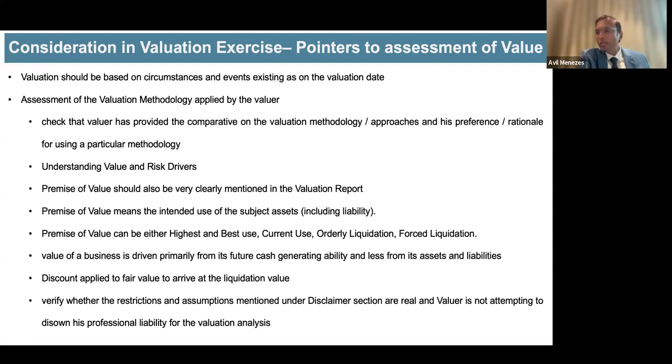You always look at it in hindsight, saying whether the judgment used by the valuer was correct or not. So whenever you appoint valuers, you will always look at their experience, the number of assignments they have carried out, and the kind of knowledge they carry whenever you hand over a valuation assignment. Not because he is IBBI approved or an L1. We generally, in most of our cases, don't recommend L1s. We tell the COC that this is what you will have to look at.